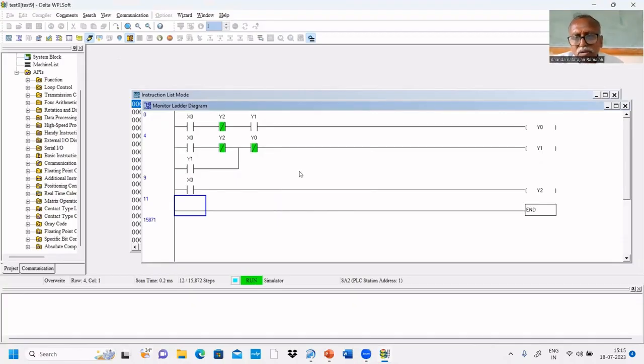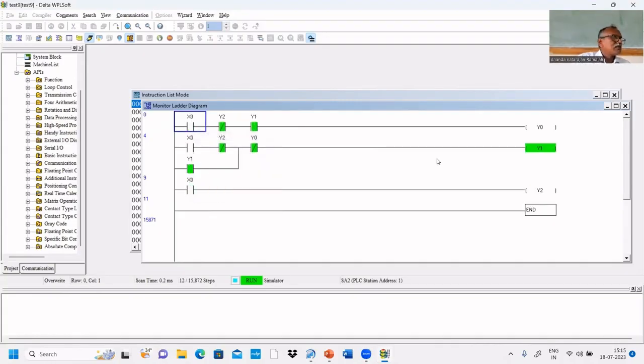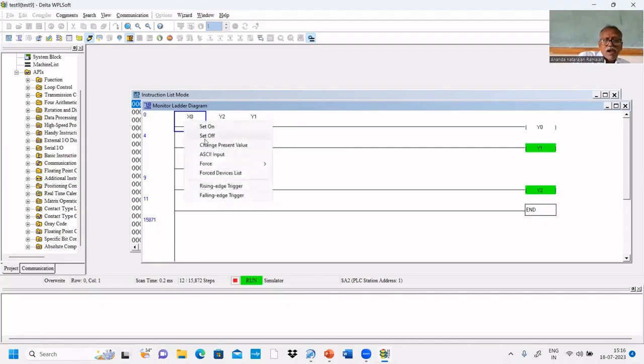So all Y0, Y1, Y2 are off. So we press X0 once, set and reset. Y1 is on still. One time I executed. Second time if I execute, set on, set off, all turned off. So this is working fine. If you press once, it turns on, and if you press again,